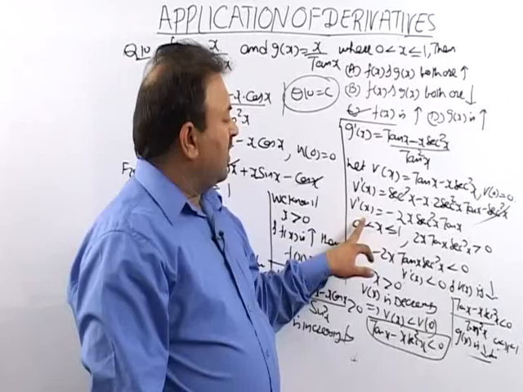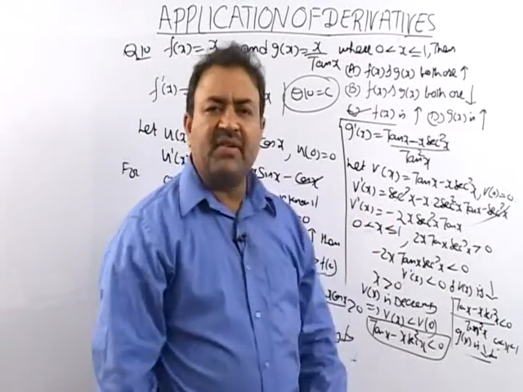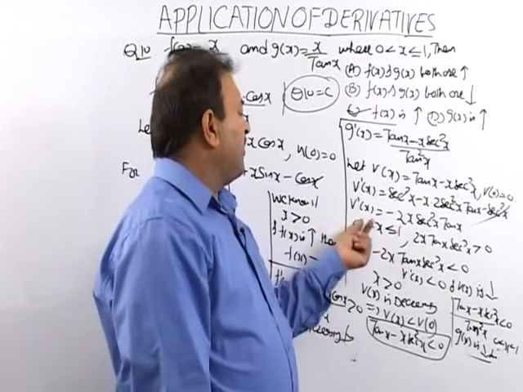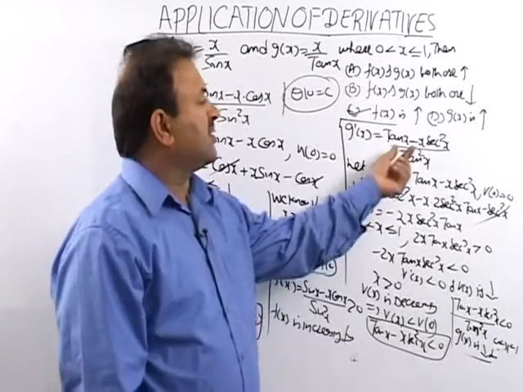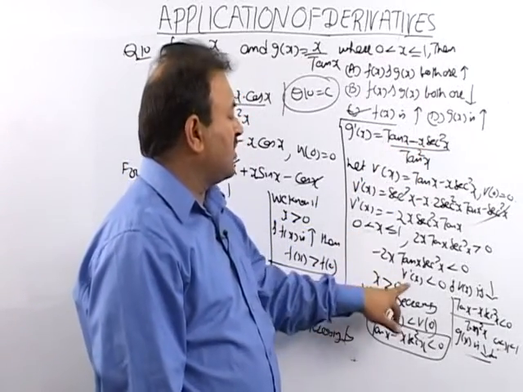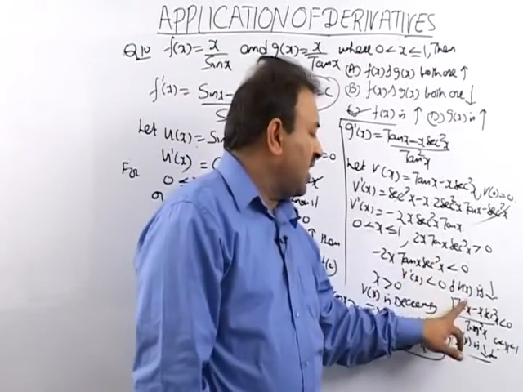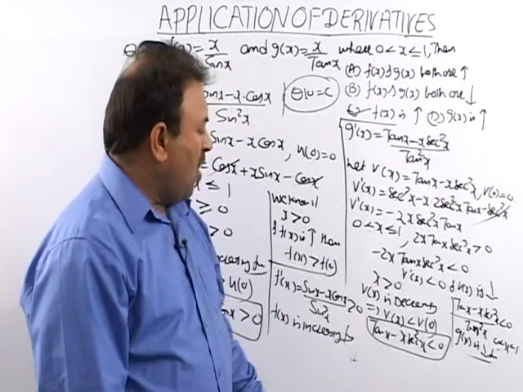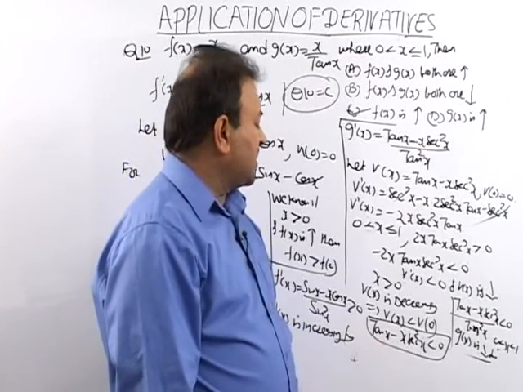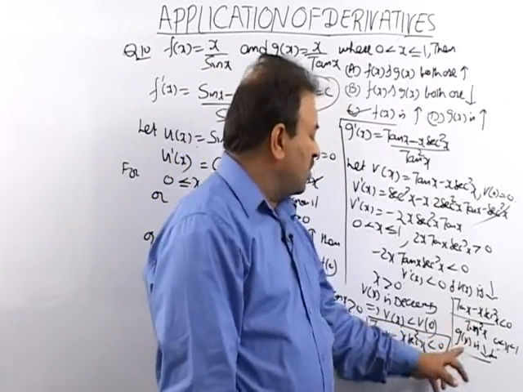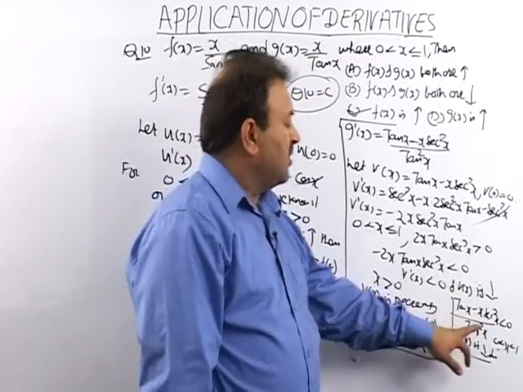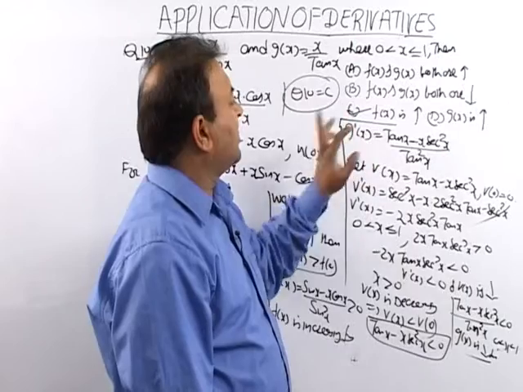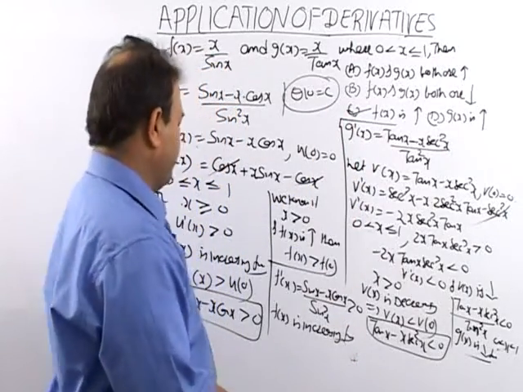Now I conclude from here that v dash x is negative, double derivative we can say v dash x is negative, v dash x is negative का मतलब हो गया कि v(x) is decreasing function. इसका क्या मतलब हो जाएगा, for x positive, then I can say v(x) is less than v(0), or I can say it is tan x minus x secant square x less than 0, or this whole dividing by tan square x positive quantity less than 0। ये क्या बन गया हमारा, ये बन गया g dash x, और I can say g(x) is decreasing function। So right option is C part।